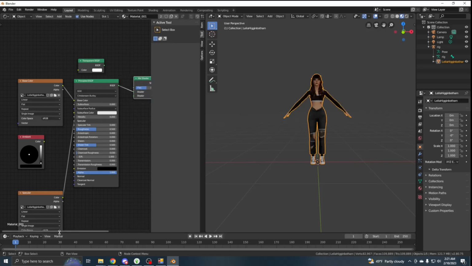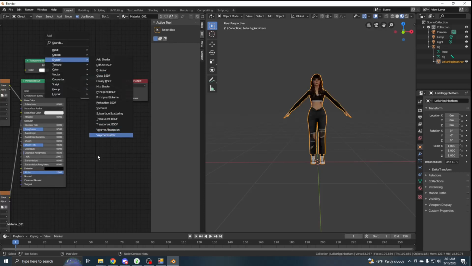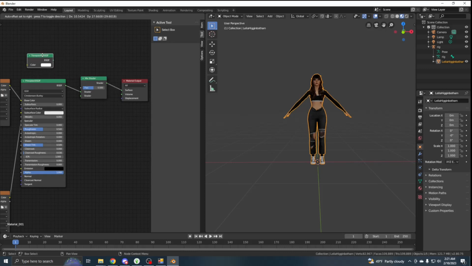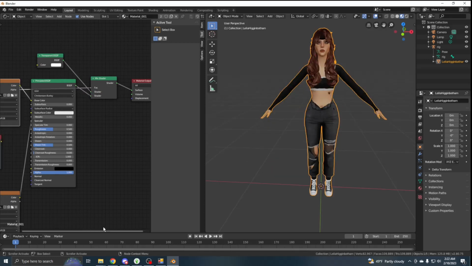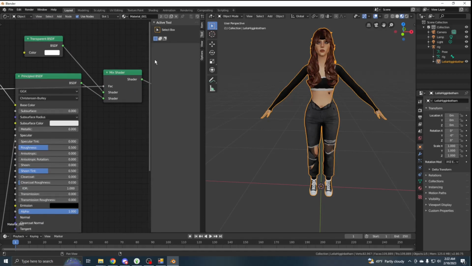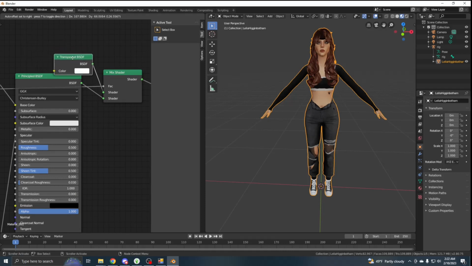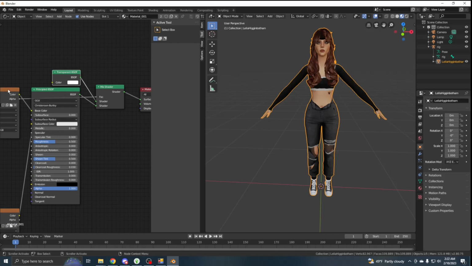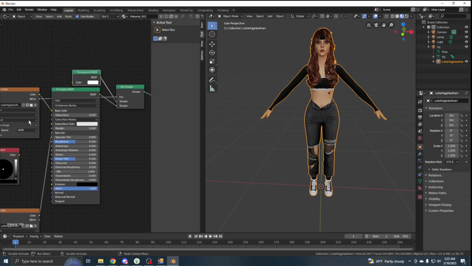You want to click Shift A, Shader, Transparent BSDF, which is this right here, how I got that. And you want to, let me make sure I'm doing this right. Nope, it does not go there. I just had to do that off screen because it kept messing up because I haven't done this in a while. But you want your BSDF right here to be on the bottom one, your transparent BSDF to be in the middle, and then you're going to drag the second one on the base color to